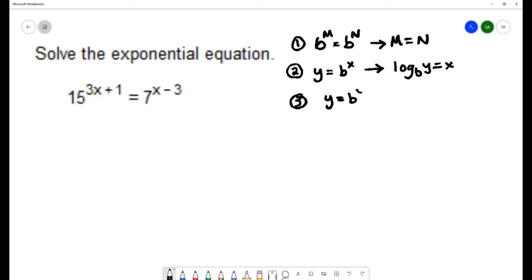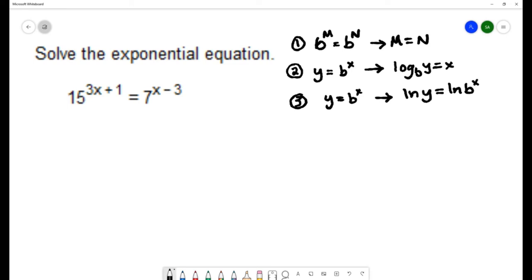And the third way, which also works on most exponential equations, is if you start off with an exponential equation, you can apply the log to both sides of the equation. So that would give natural log of y on the left-hand side of the equation, natural log of b to the x,